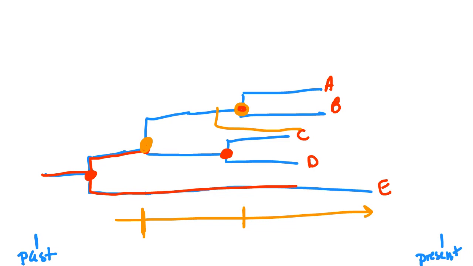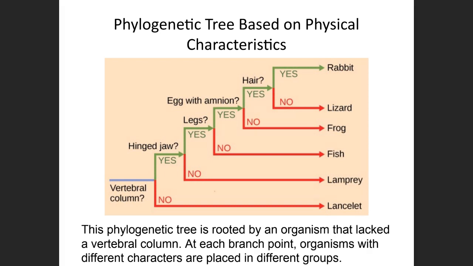Okay, so what we're going to do now is just look at, here's a tree. And this is making a tree based on some physical characteristics, not DNA evidence. So this is actually how some species are classified at a very broad level. Does it have vertebrae? If yes, then we have to look at more things. If no, but it's an animal that meets some certain characteristics, but it doesn't have a vertebra, then it's a lancelet.